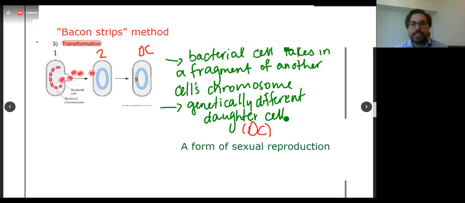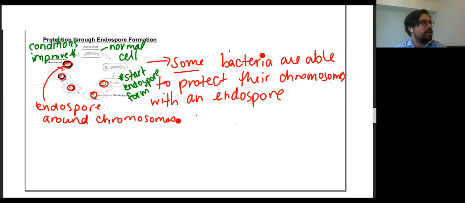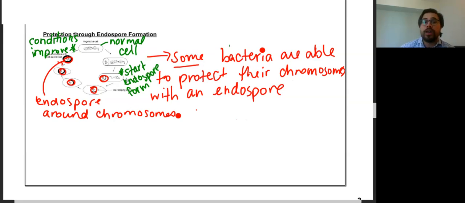All righty, let's take a look at the last thing for this lesson. And then if I'm not mistaken, I think you're done. Yeah, we'll have just the last 10 minutes of asynchronous time. But I just want to spend some time talking about what's called endospore formation. And in endospore formation, some bacteria are able to protect their chromosomes with what's called an endospore, which is a